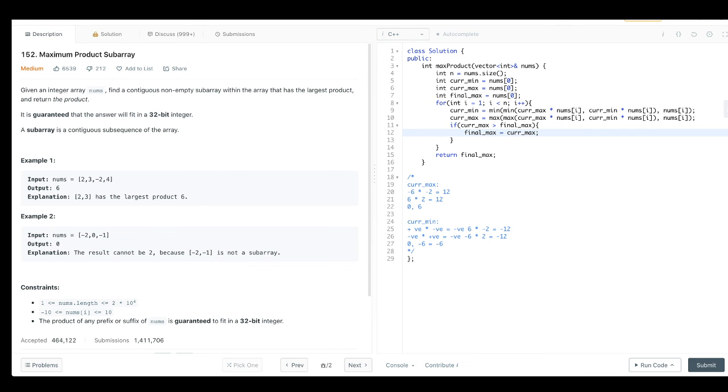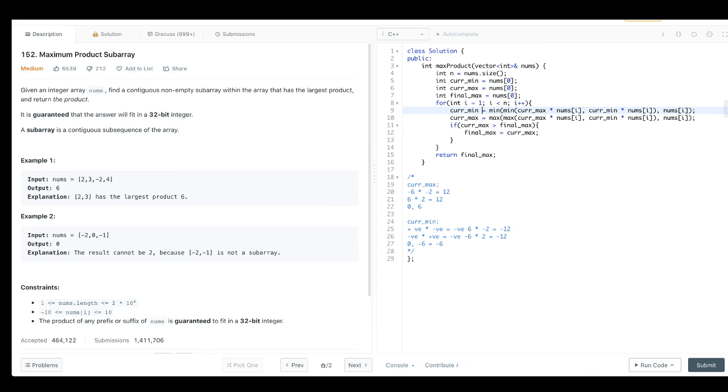Apart from this, there is one problem in this implementation currently. So if we look at line number 10, we are computing the current max. For computing the current max, we need the max from the previous iteration and the min from the previous iteration and multiply them with the current element. The max from the previous iteration is intact here, but the min of the previous iteration has been updated on line number 9. So this min is basically the min from the current iteration and not the previous iteration.